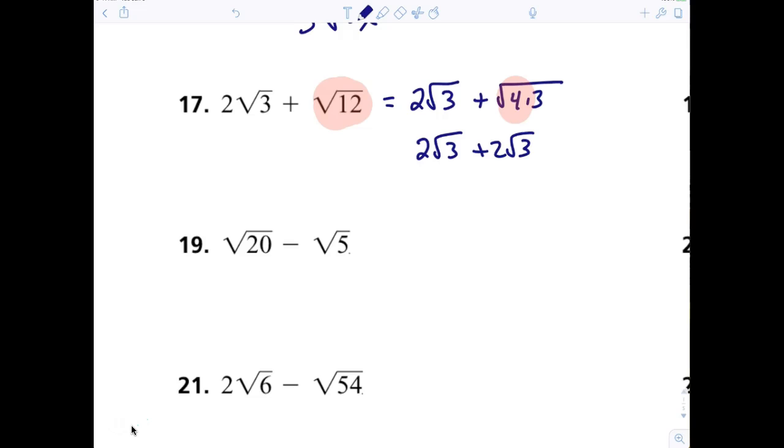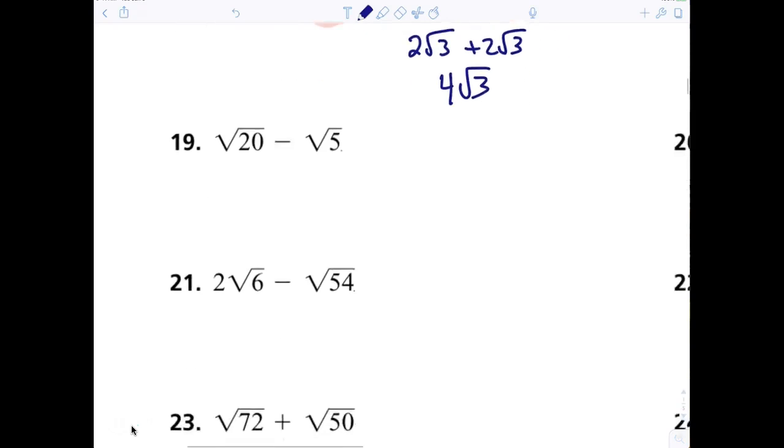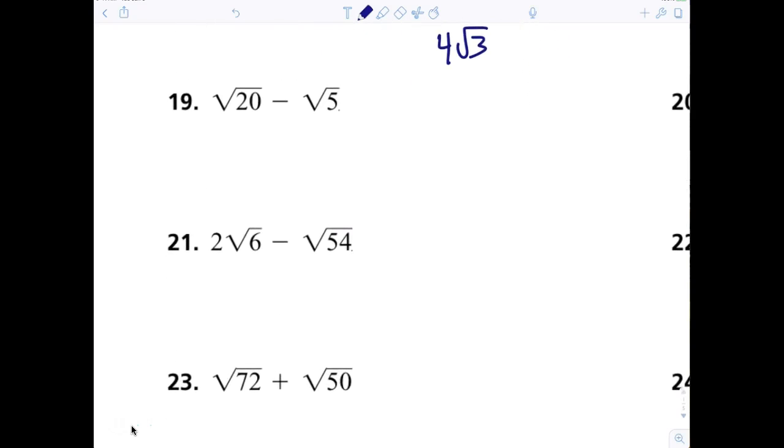That's exactly correct. Good job, Alex. All right, 4 radical 3. All right, Julia, you help me with number 19. What am I doing with radical 20? Yes, good job. So we're going to change it to 4 times 5. Okay, so now what? And it becomes? Good job. 2 radical 5